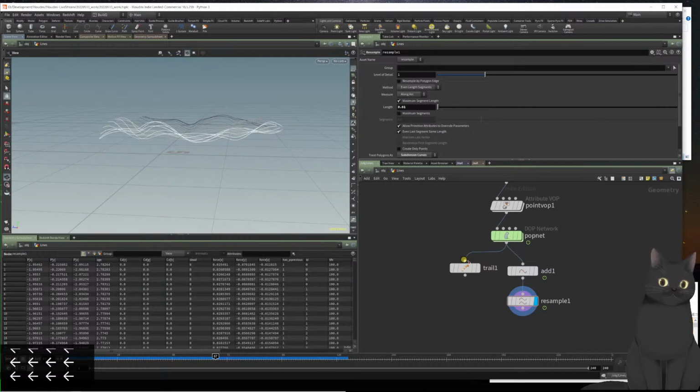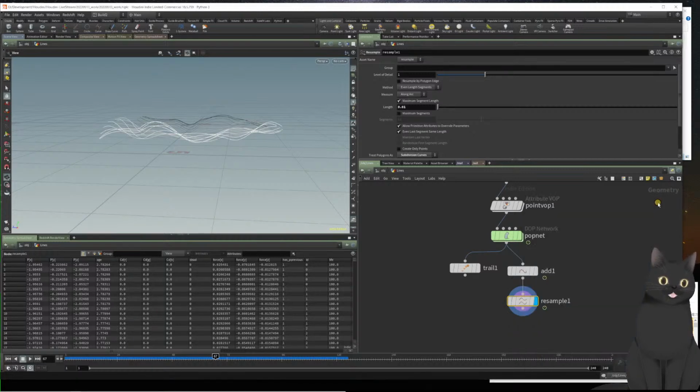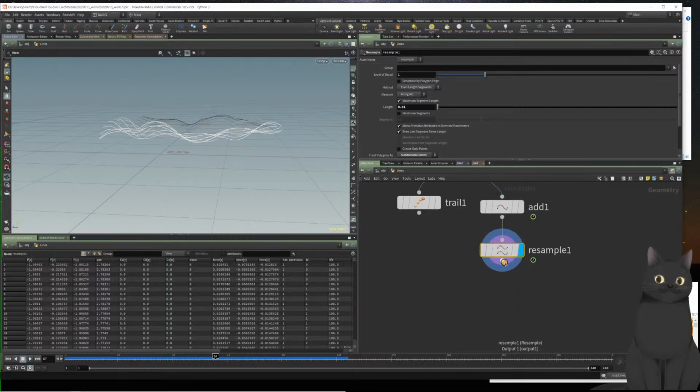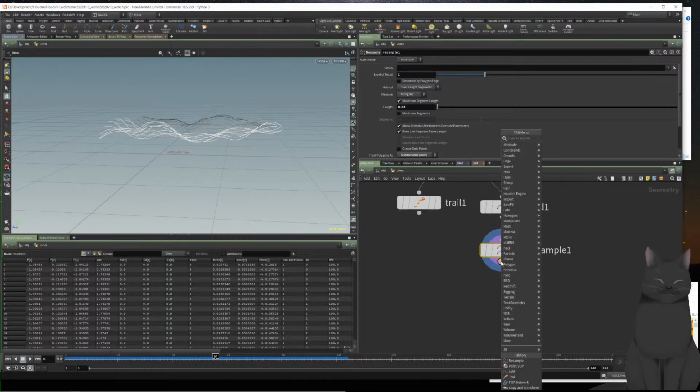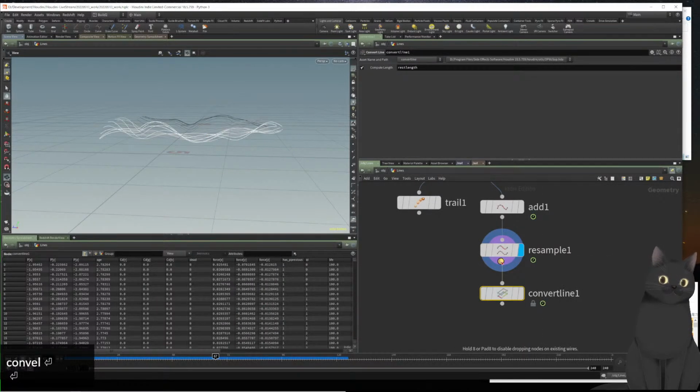So here we have points, 21 polygons. I'm sorry, I was speaking Portuguese. 21 polygons. And of course you can put a convert line like Maxim did. But I don't think in this case, we have more polygons now. Yeah, because it's